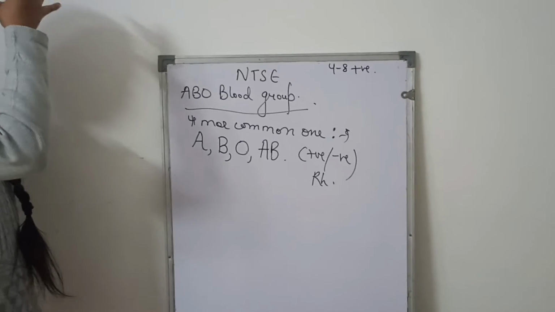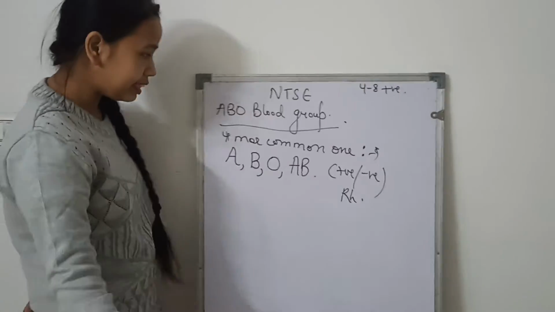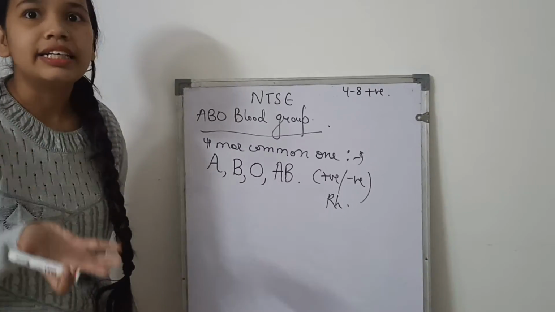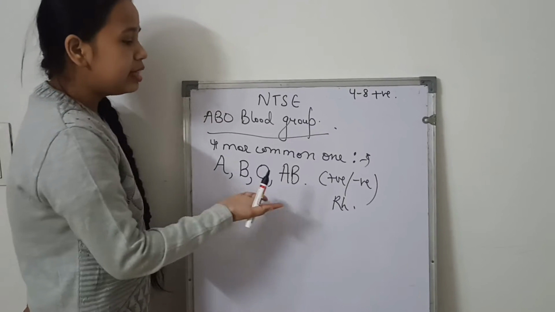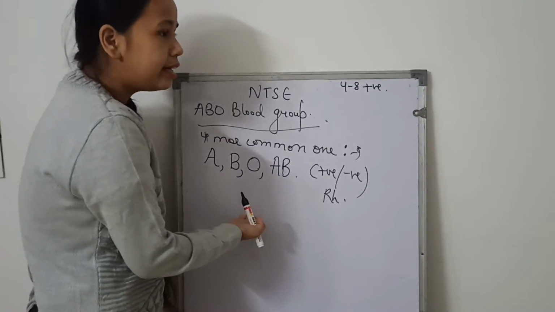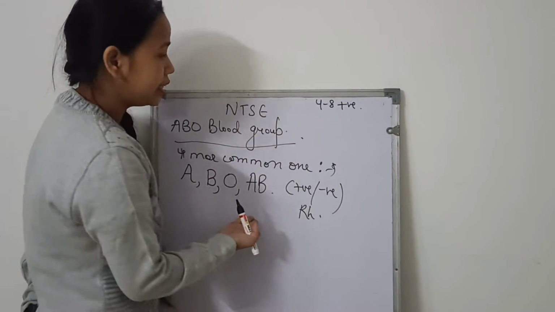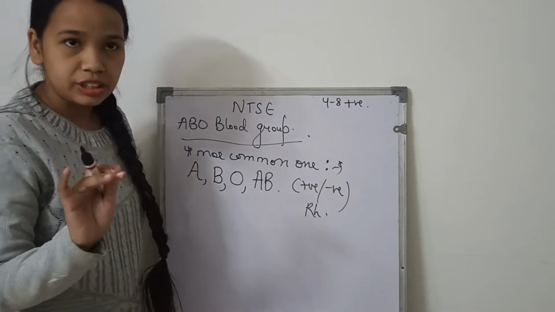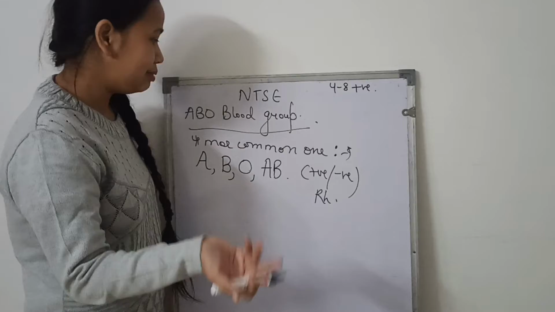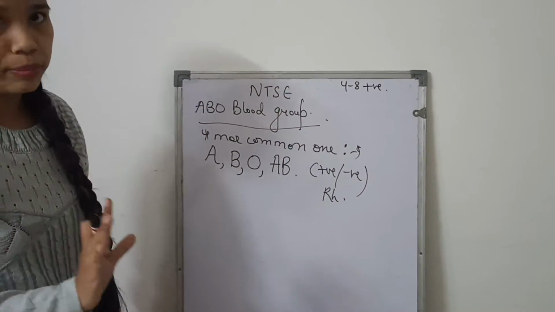Okay, so the most important thing that you need to understand here is the inheritance, or how this blood group travels from one generation to the next generation. What is the inheritance of these blood groups and what are the genes responsible for this inheritance? We will not cover the genes because there are multiple genes and it will take more time. So we will definitely discuss the inheritance of ABO blood group.